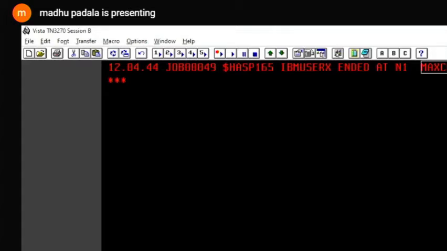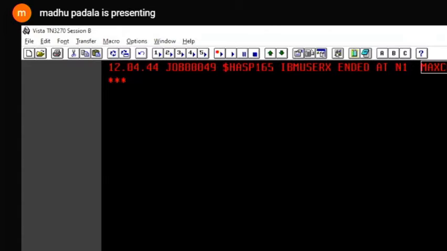0 success, 4 warning. For 0 and 4, we can run the program. For 8, 12, 16, it doesn't create a load module. There are some errors and serious errors. You have to fix those errors and compile it again, until you get an error free, that's 0 and 4 return code. So if you get some errors here, go check the errors and fix the errors, then compile it again until you get either 0 or 4. Do you understand? I'll show it right away.